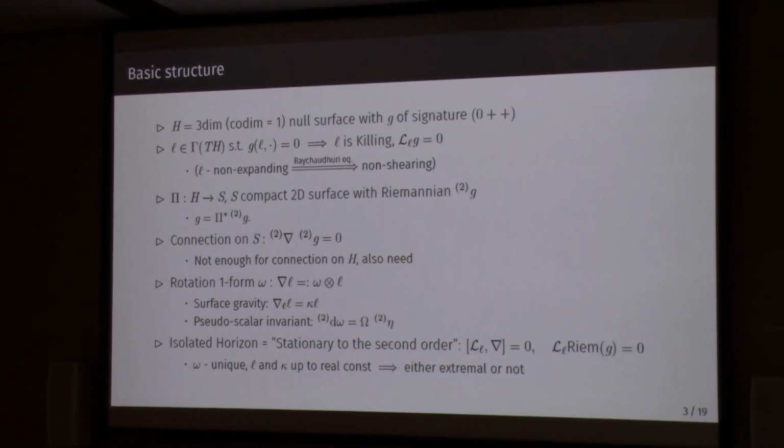So to be an isolated horizon, we also need to impose this condition, which is usually called being stationary to the second order, which means that the derivative and the connection commute, and also that the Riemann tensor is